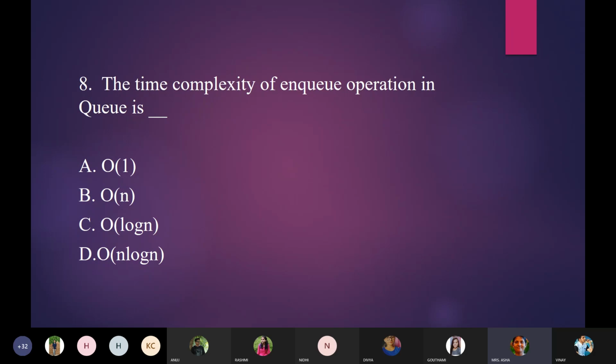Ma'am, if more than one element is there, then it takes O of n, ma'am. No, I didn't get it. In queue, if more than one element is there, then it takes time complexity as O of n, ma'am. If only one element is there, then O of 1. Yes, ma'am. Only the last element is left. No, ma'am. Just the first element is accessible at the rear end, ma'am, because the queue is empty at that time.